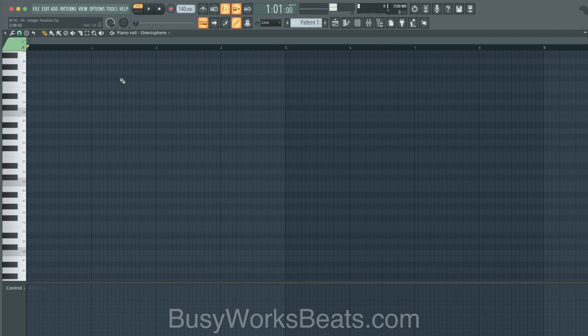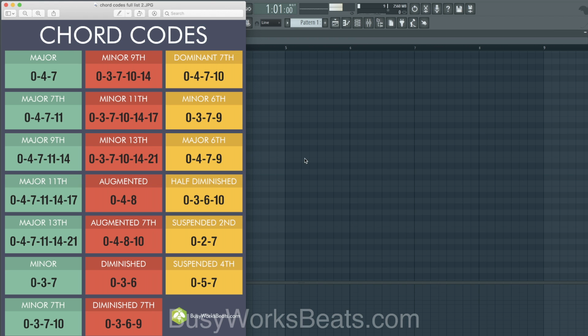So let's make, what was I just playing? I forgot. A B. Now here's the other part that people try to refute the system, but it just works. Now the main thing I want to say though, the caveat, is that we're not talking about scale degrees. So we're not talking about scales. Okay, so we're not going to be referring to scale degrees.